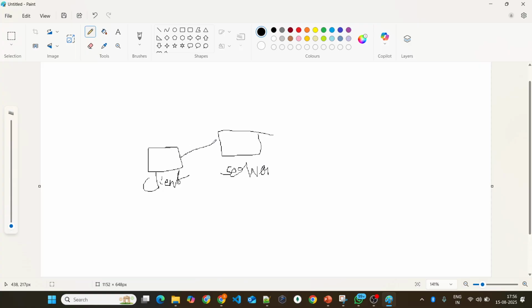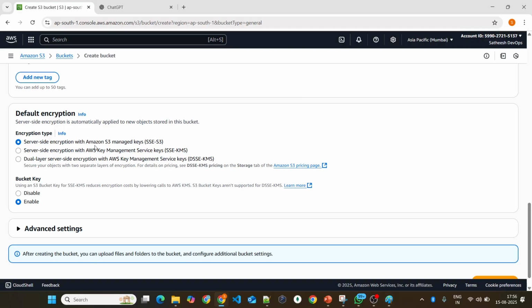So always a client is going to access some data from the server in general. So on the server side, we will do the encryption. Once the file is uploaded from the client, from your local machine to AWS S3, we will do the encryption. That is what we call server side encryption with Amazon S3 managed keys. And then if you don't want